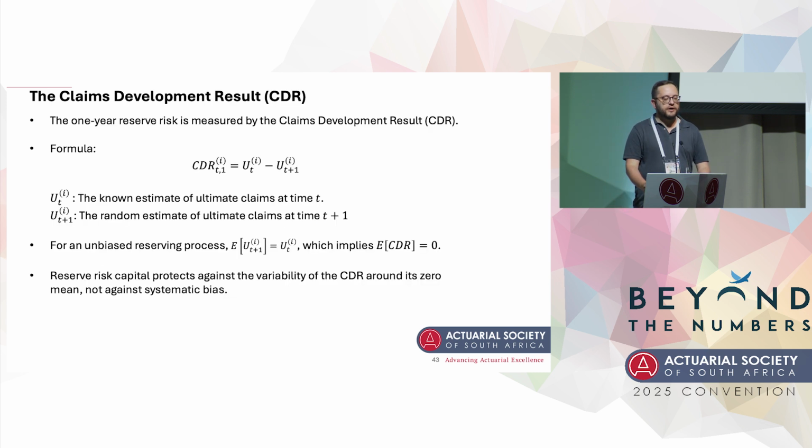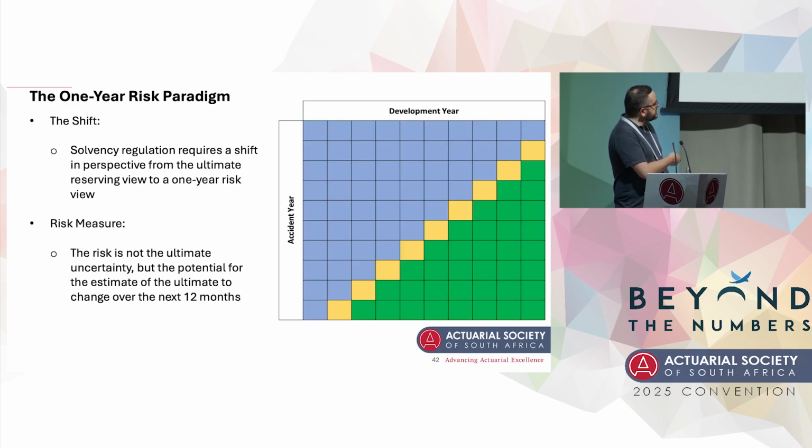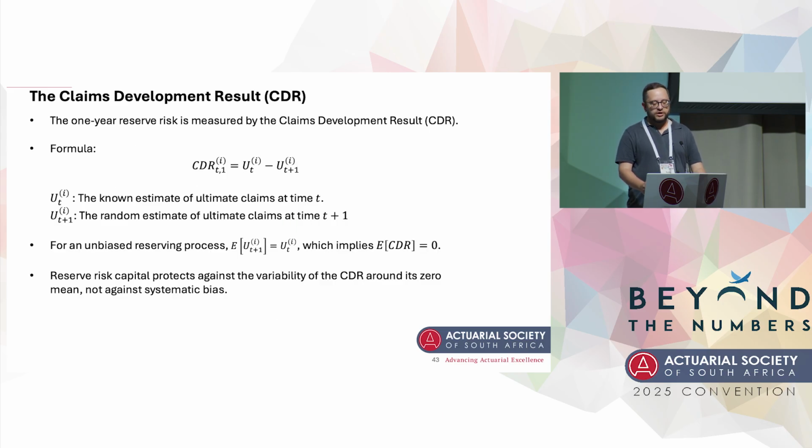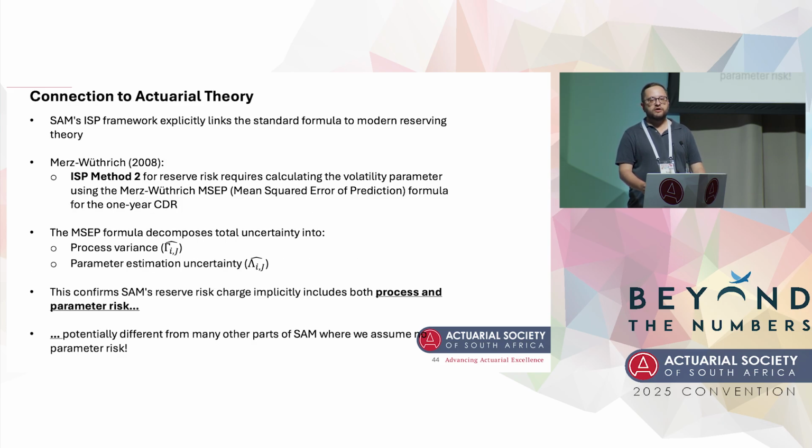This is based on a paper by Mario Wuttrich and Michael Merz that was published in 2008 and has basically become the standard for reserve risk capital modeling. I'm not going to go through all the notation. The basic idea is that if you get your reserving 100% right, then whatever happens, you should have already taken it into account last year. So in that case, your claims development result, which is what is being measured in Solvency II or SAM, turns out to be 0. And there are some really nice methods which are given in the ISP method 2 in the